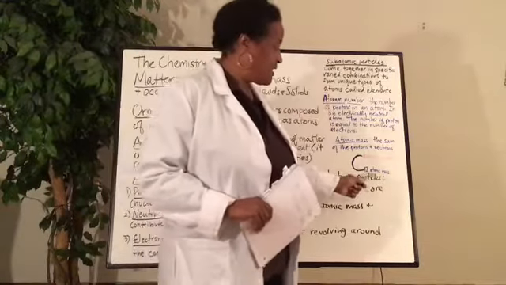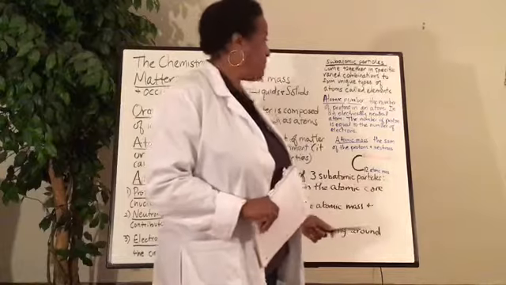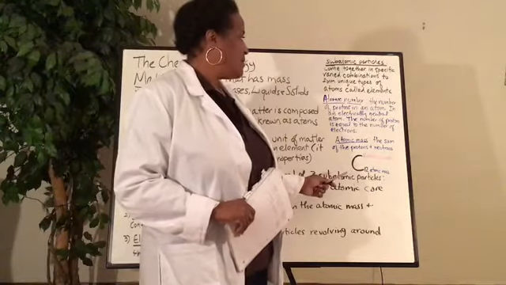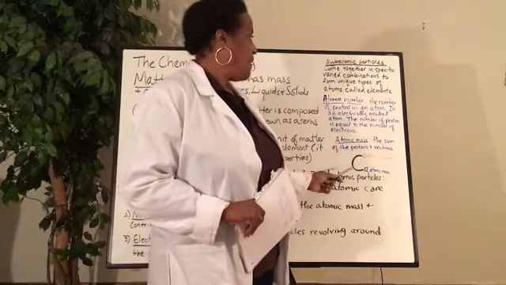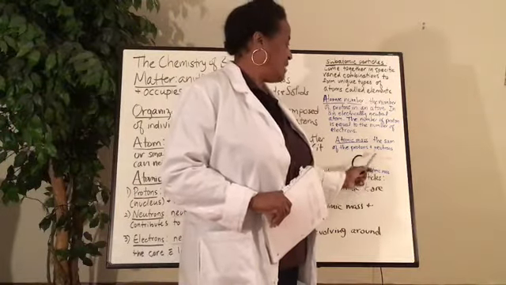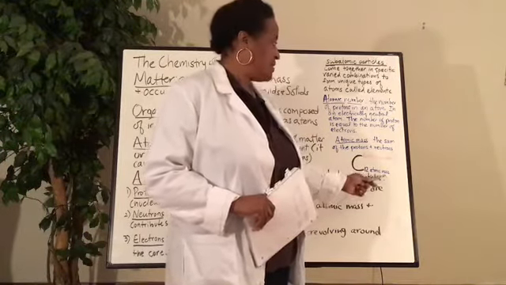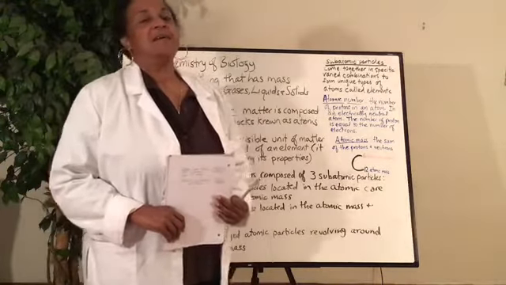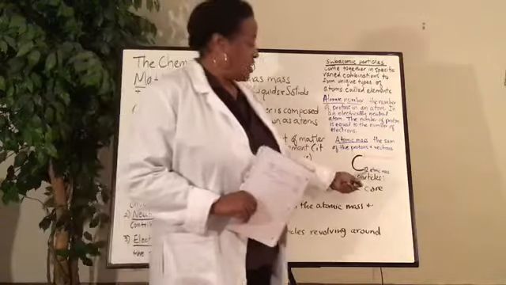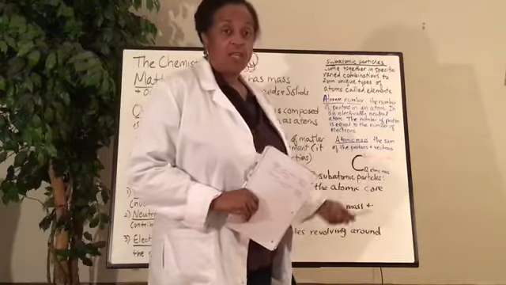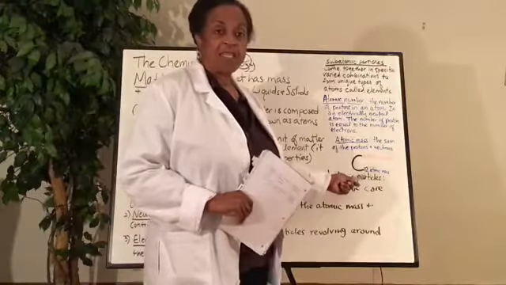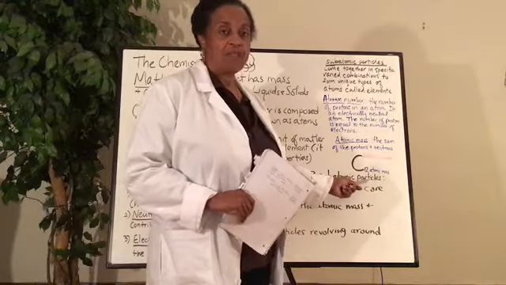Now the difference is the atomic mass. The atomic mass is the sum of these protons and neutrons, the sum of them, the atomic mass. Well, this number can change, the atomic mass can change. Sometimes you have a carbon, but in this case, a stable carbon would be the atomic mass would be 12,